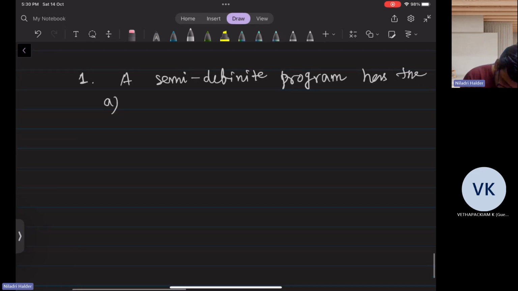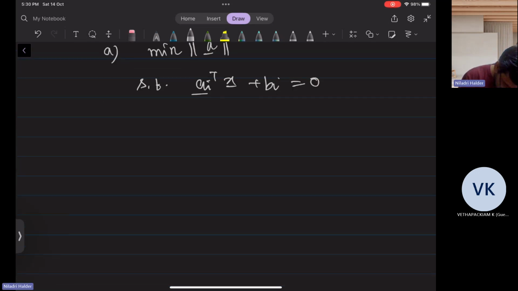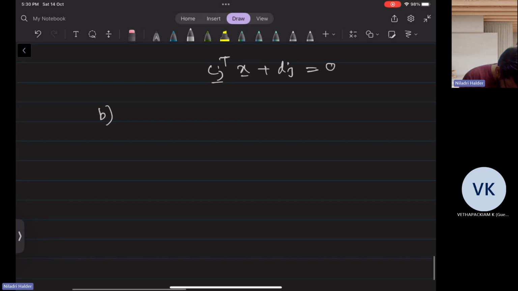Option A: minimize norm of x subject to a i transpose x plus b i equal to 0 and c j transpose x plus d j equal to 0. Option B is minimize